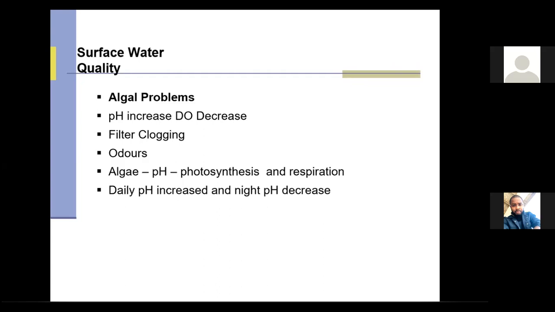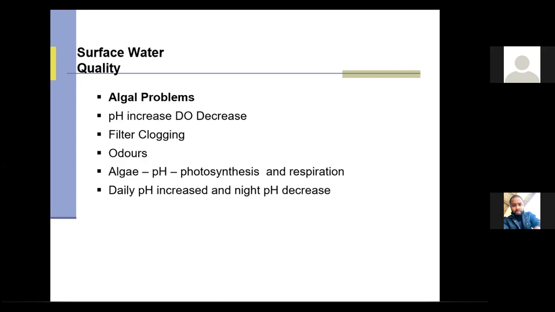And algae does a couple of things. The pH increases and dissolved oxygen increases. Filters clog. It creates some really nasty odors. But the biggest problem with algae, and you guys need to be aware of, is that